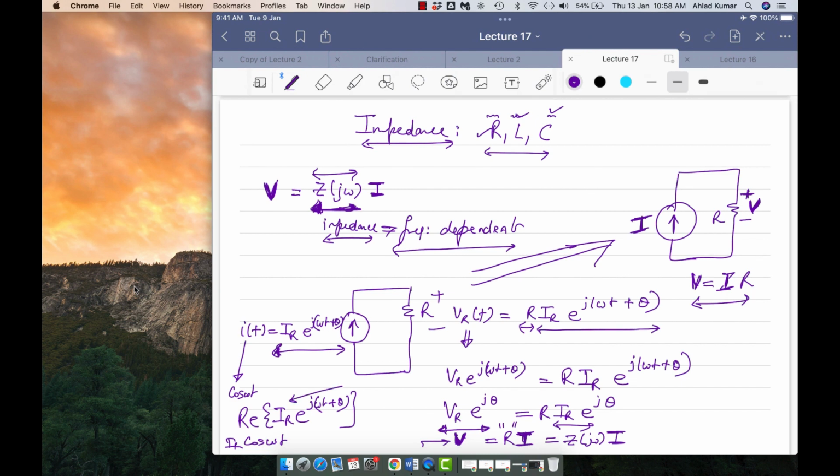And why are we using this? As I told you, this is the solution of the differential equation that we use in the case of RLC circuits involving AC. Just to solve that differential equation properly and easily, we are using the exponential as one of the solutions of that differential equation. That's why this exponential is coming from there. Once you solve this and take the real part of this particular expression, you will get I_R cos(ωt). That is the reason why we are using e^{j(ωt+θ)}. Okay. Any other doubts?